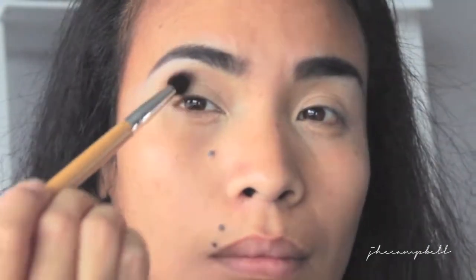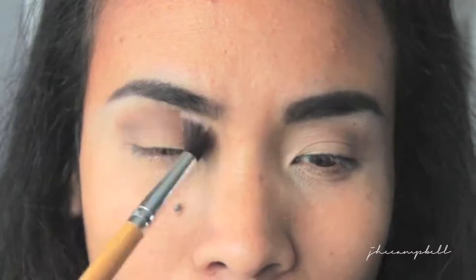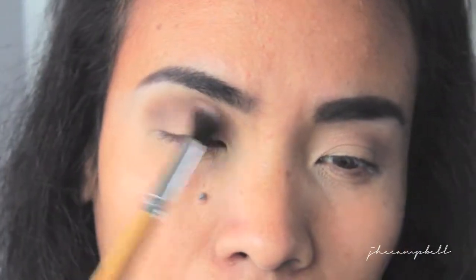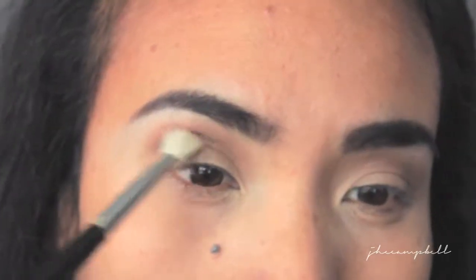It's basically a neutral eyeshadow palette. Such a perfect eyeshadow palette if you're a beginner or if you don't want to use too much color. I'm going to take that brown shade using a fluffy brush and apply that all over my lid and just build the color until I'm satisfied with the deepness of the color. Then I'll use a BH Cosmetics